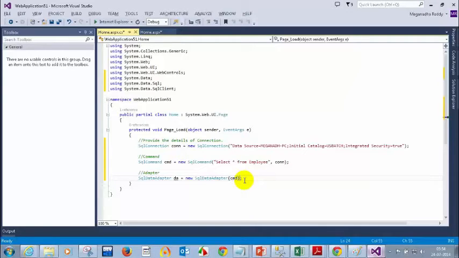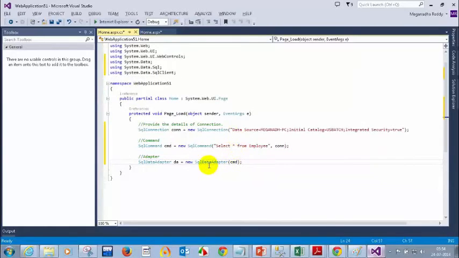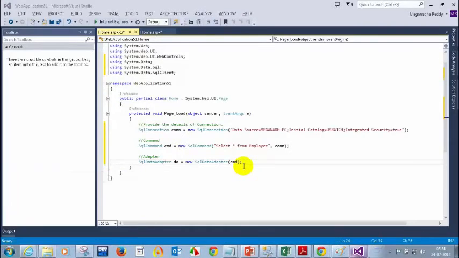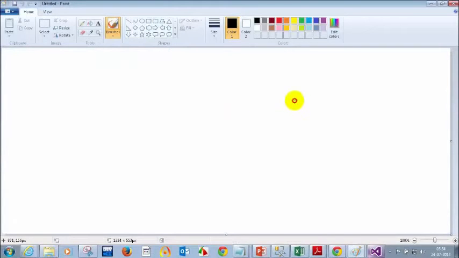So cmd. Okay, so once we got the adapter, let me go to MS Paint. So this is the database, and to store the values, if they are small values like integer, float, double, decimal, you can use int, float, double data types.